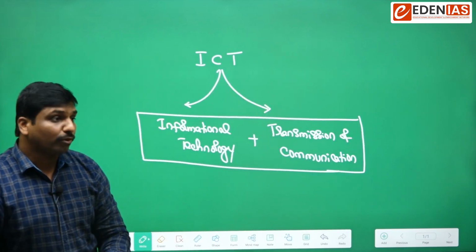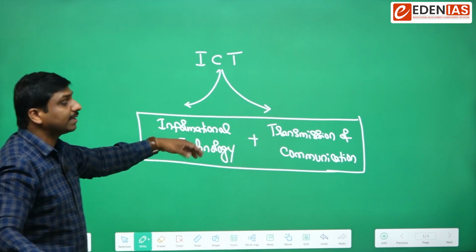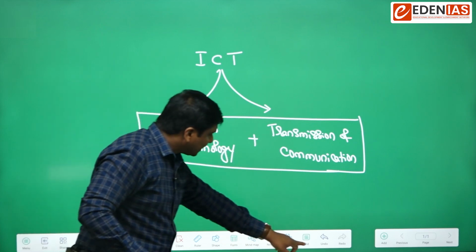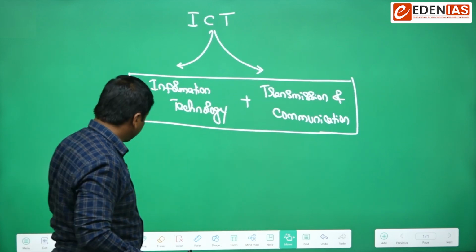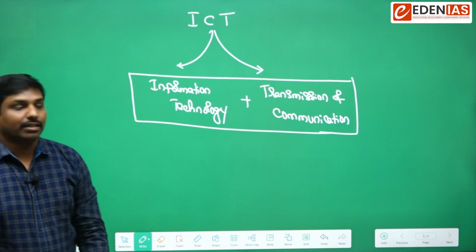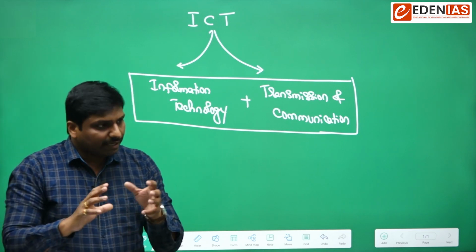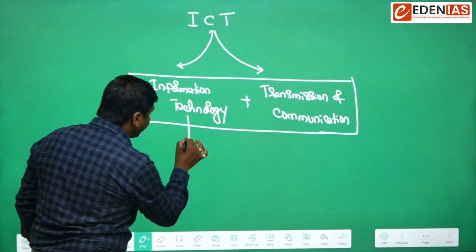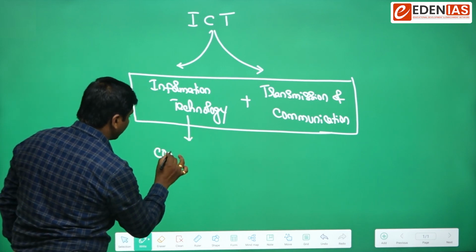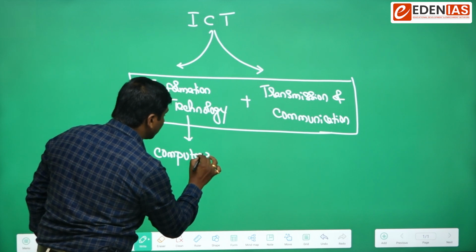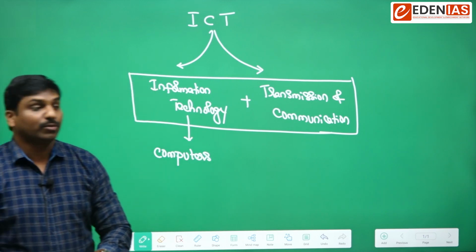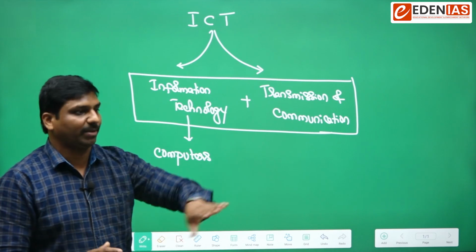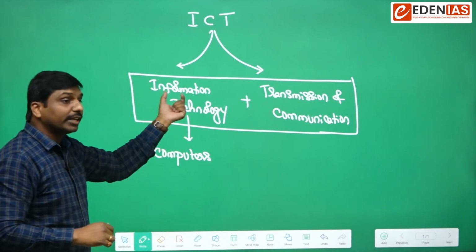Before we proceed any further, we have to understand what information technology is. In simple manner, information technology refers to a kind of technology which uses computers. The chief tools used here would be computers, for the purpose of storage, retrieval, transmission and manipulation of the information. So here we are talking about information technology.